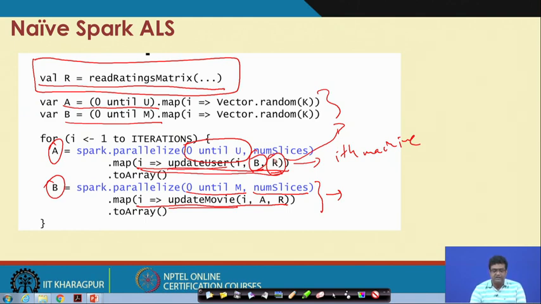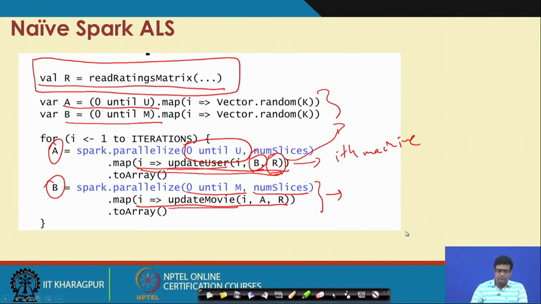So, these are local variables on the controlling machine which have to be passed to the machine on which this map function is actually getting executed. So, we want to avoid that.